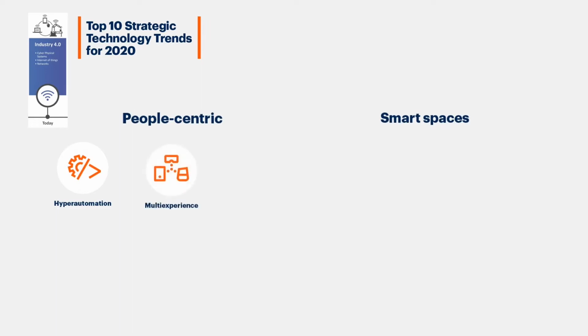Trend 2 is multi-experience. Multi-experience is moving away from a single point of interaction with your tech, like your computer or your phone, to a more immersive experience with multi-touch points of tech incorporating augmented reality and virtual reality. Trend number 3 is democratization. Democratization of technology is putting the power of data science in the hands of citizens, normal everyday people. These are the systems that we interact with, so they'll be increasingly intelligent and allow us to build data models, for example, without being an expert in data analytics.